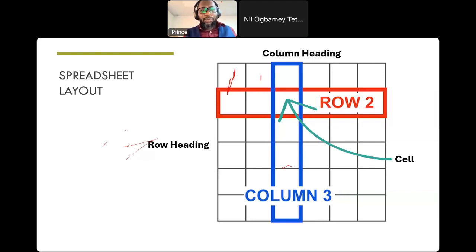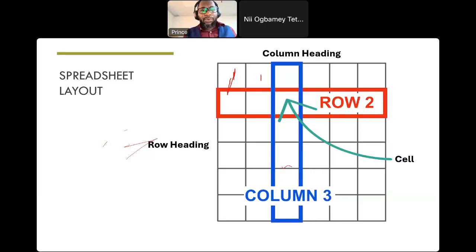Then we have the rows. When the columns and the rows meet, you get a cell. So you realize that this is a column, this is a row. The intersection, getting the 4 boxes, is a cell. So you have the cells, and that's basically what a spreadsheet is all about. Anytime you're working with a spreadsheet, you have a lot of cells to play with. For most of us, when we open Excel, it is not like we've opened Word, which we are very familiar with. So the question is, what are you doing with all these boxes? And it becomes a bit complicated.